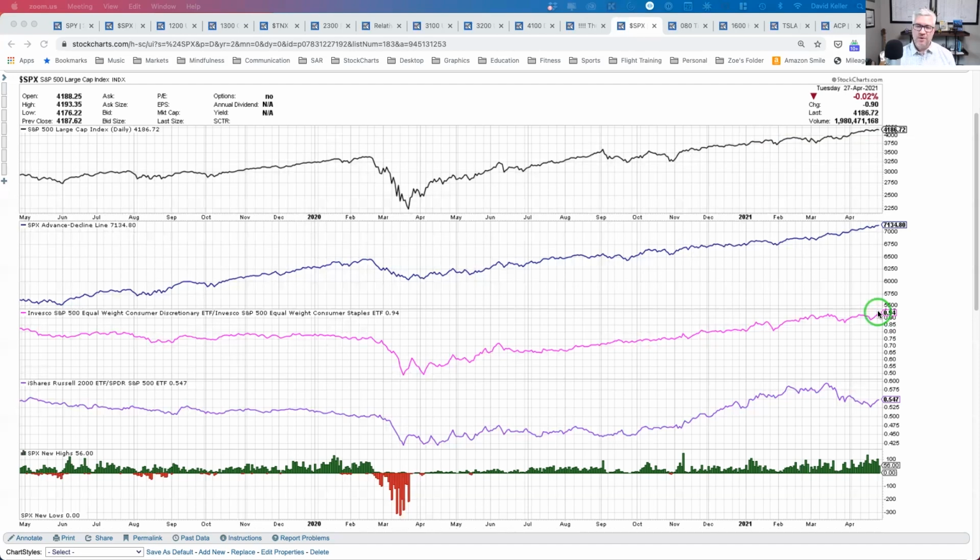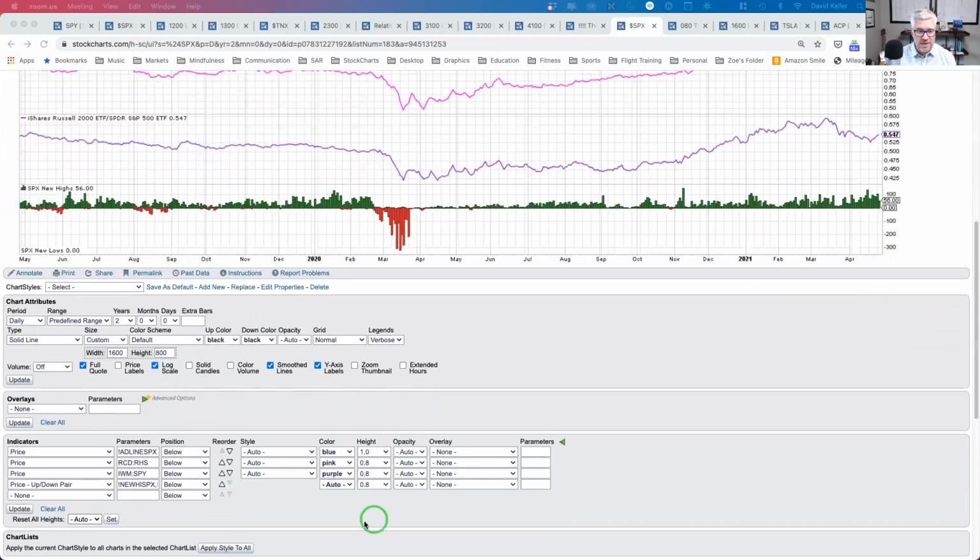The problem is there are a couple of stocks within consumer discretionary that have an outsized weight because they're so big. They have such a large market cap that their movements alone will dramatically change the value of the XLY. Those stocks are Amazon, which is about 20-25% of the index on its own, Tesla, and Home Depot. Almost half of the XLY, or at least 40% or so, is those three stocks. So you're really looking at Amazon, Tesla, and Home Depot. With this equal weighted version, instead of using the XLY and the XLP, you use the RCD and the RHS.